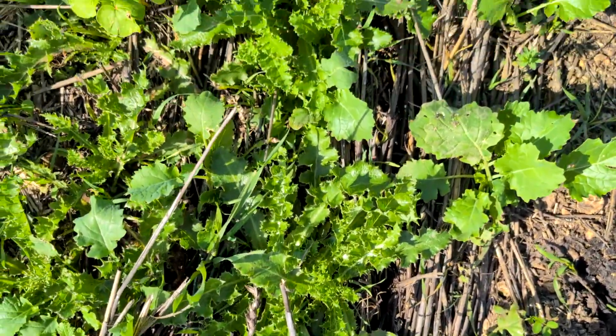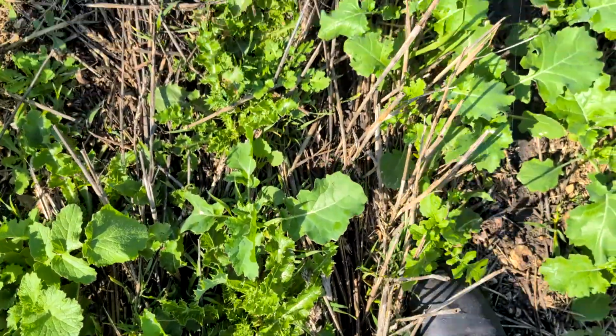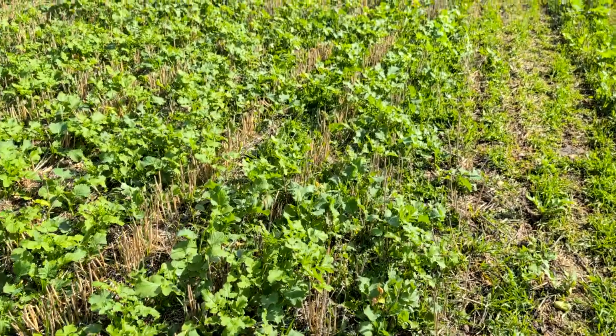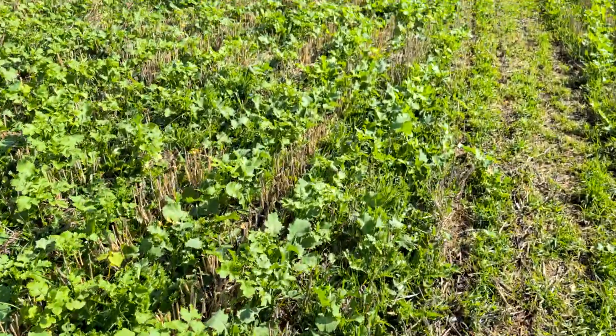We are having a bit of a struggle with how to control the creeping thistle so that it doesn't get too big, contrary to what I said earlier in a previous video. Clearfield isn't that good on creeping thistle, so that is a little bit of an issue, but overall very pleased with this. Got a good mix, plenty of vetch, phacelia, linseed,